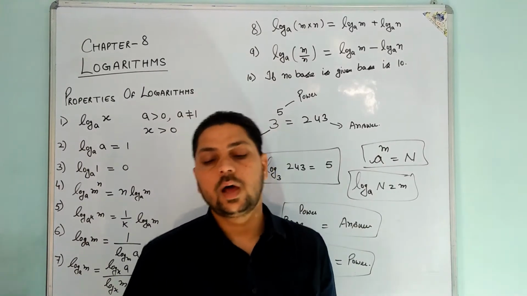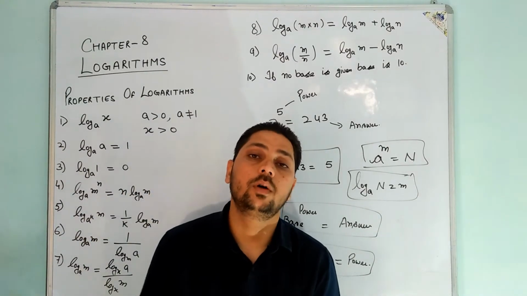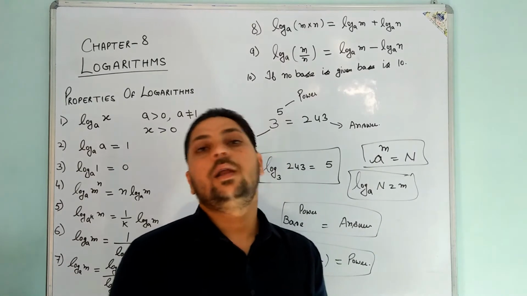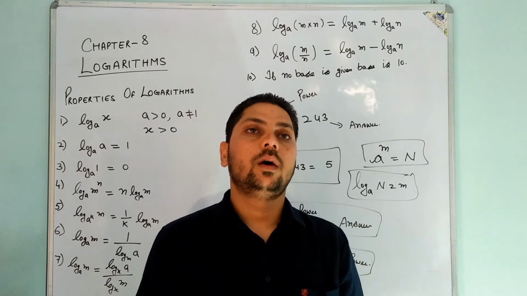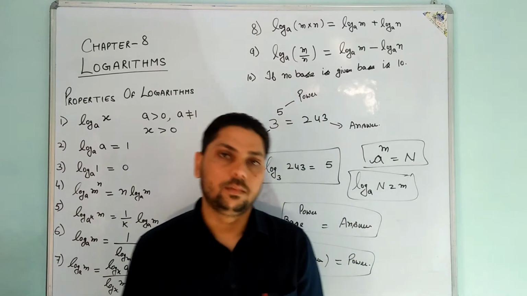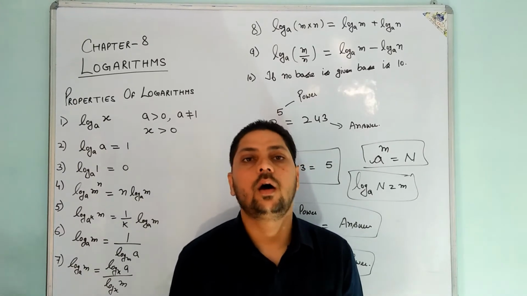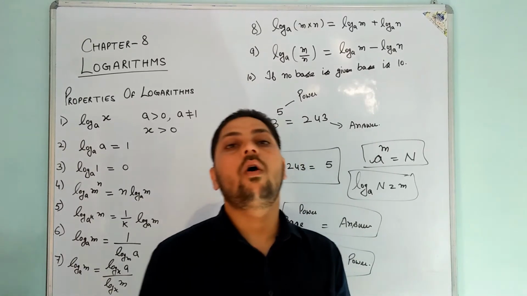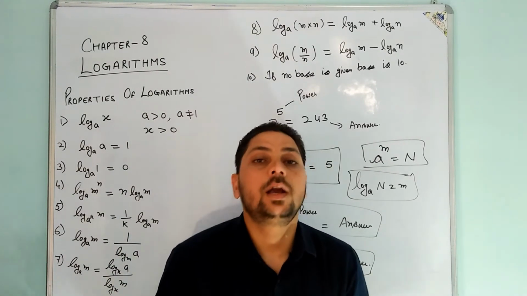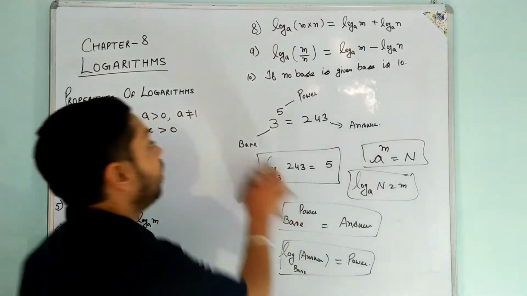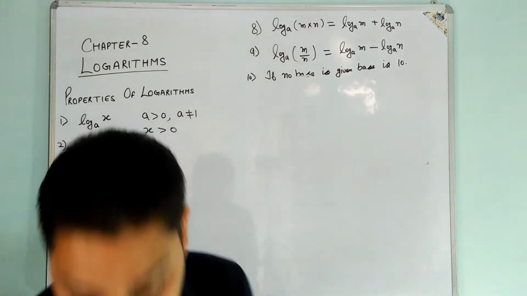If we talk about the application of the logarithmic function, you must have heard about a term, Richter scale. Richter scale is basically used to measure the intensity of an earthquake. You must have heard in the news that a country has had an earthquake of intensity 5, 6, 5.5, 7. What does this number represent?